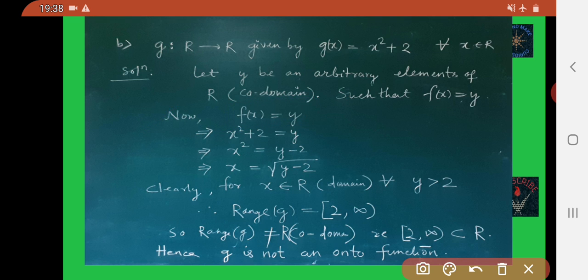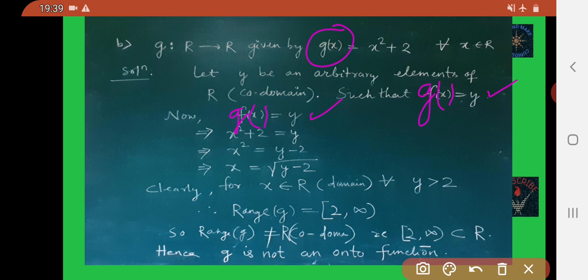So as you know, here g of x is given, by mistake I have written f, here you write g of x is equal to y. Here also g of x is equal to y.